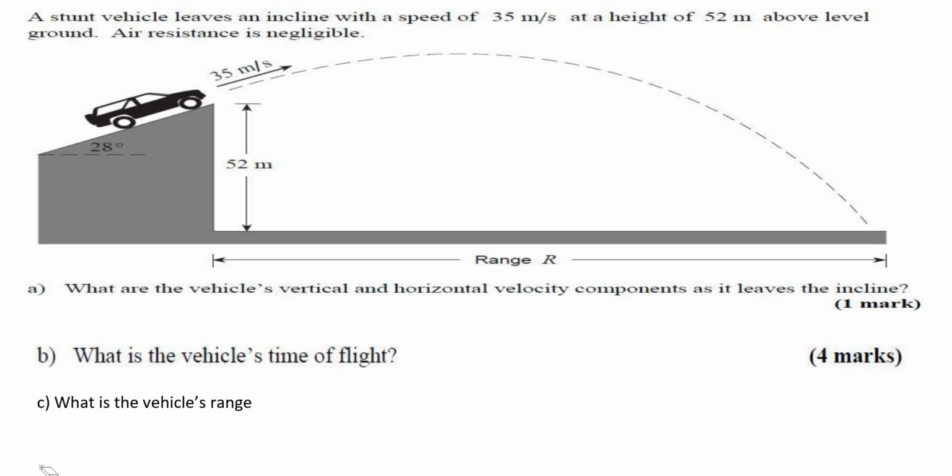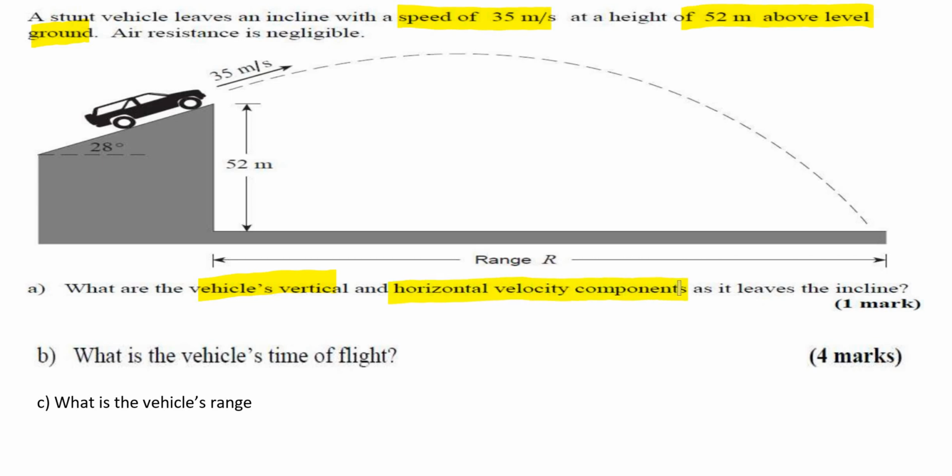Here's another projectile question. For this problem we have a stunt vehicle leaving an incline with a speed of 35 meters per second at a height of 52 meters above level ground, and there's no air resistance for this problem. For the very first part, I need to find the vehicle's vertical and horizontal velocity components as